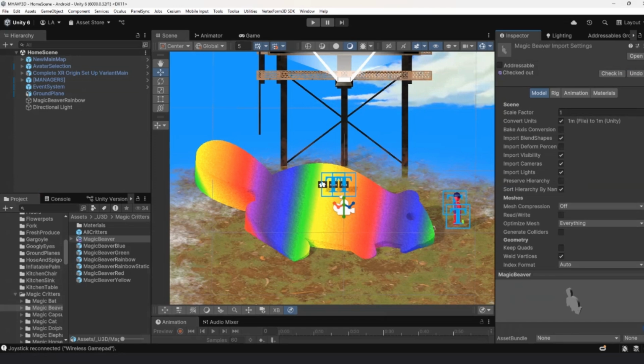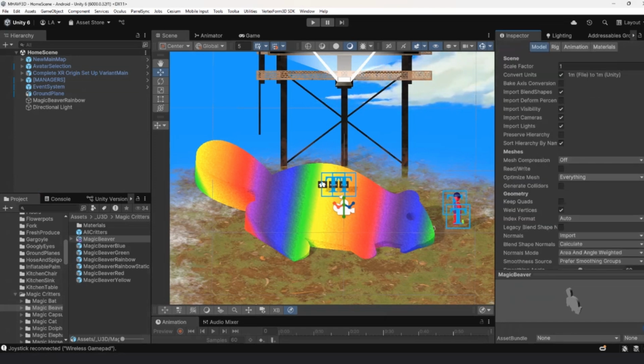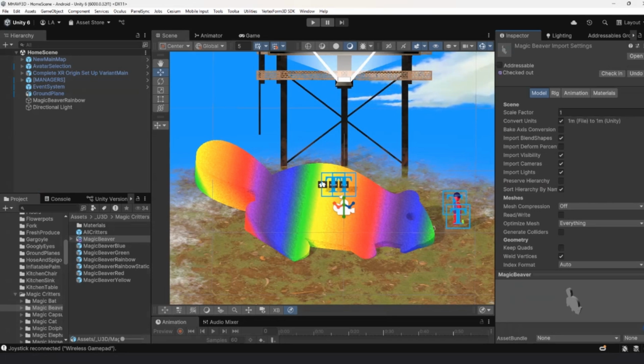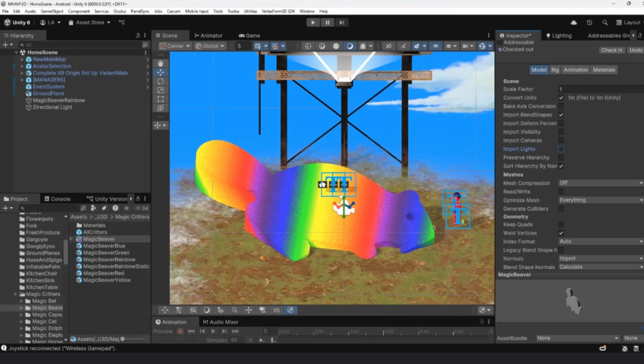But these settings do impact the size or performance of the object in your scene. Even though this is the source file, these are the import settings. We don't need to have visibility imported, we don't need to have cameras imported, we don't need to have lights imported. I've never gone through this asset and checked its import settings,